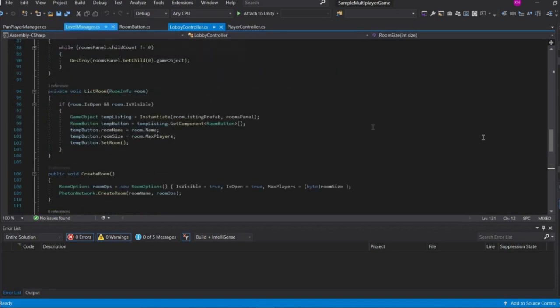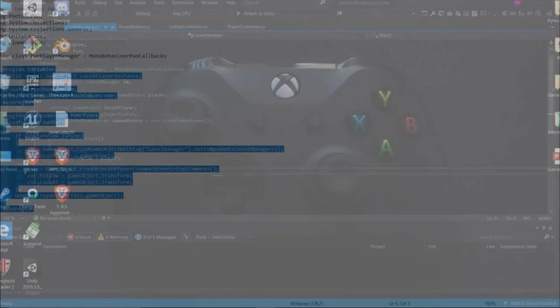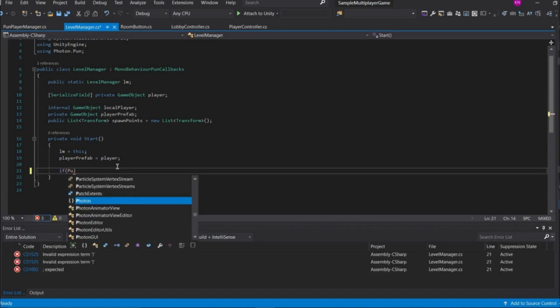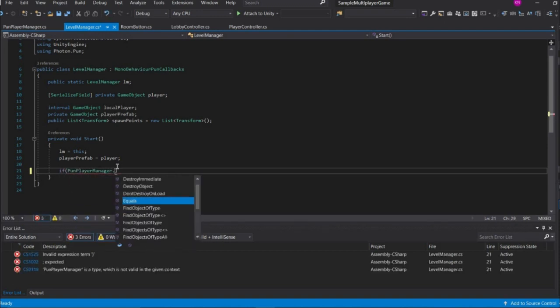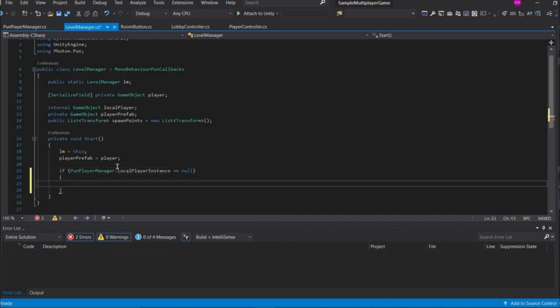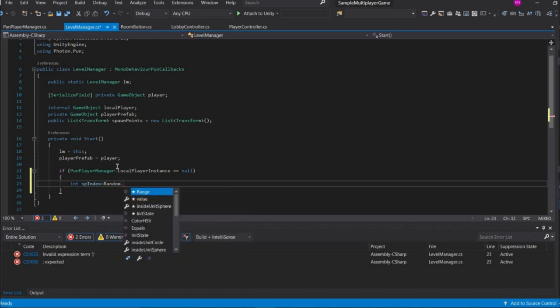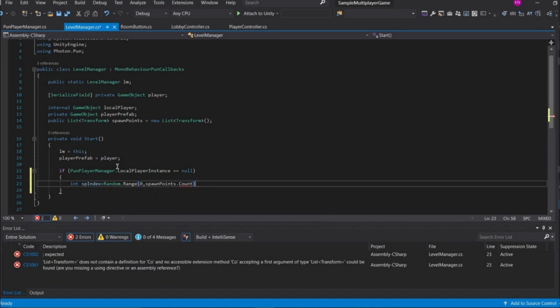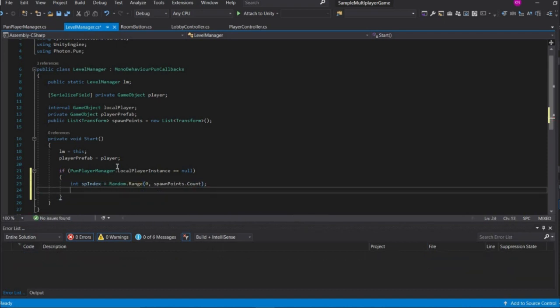So go to the level manager again, and now what we are going to do is type in here if fun, here was a long one. So local player instance equals null, it is going to make sure that there is no local player, and if there is no local player, then sp index is going to be random dot range. It is going to spawn a player, spawn points dot count, and it is going to take up a random instance, and then